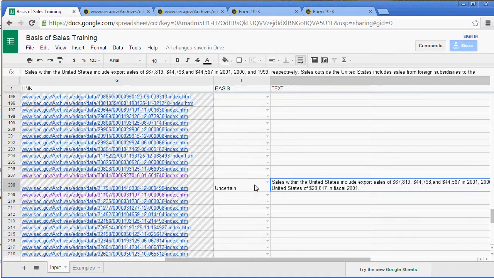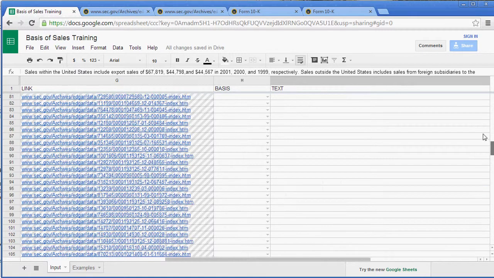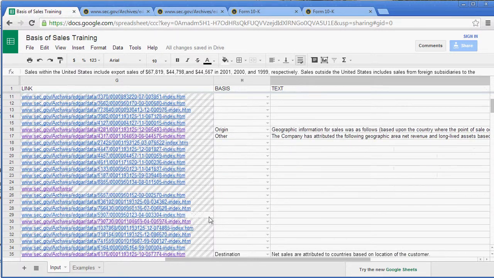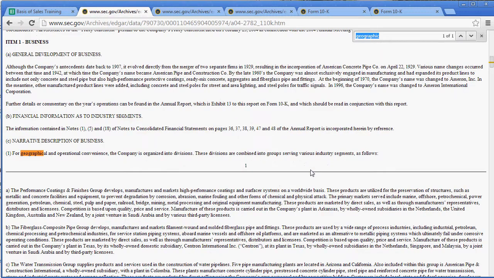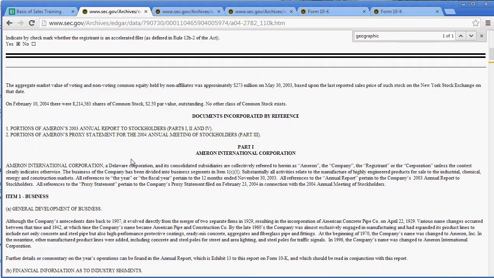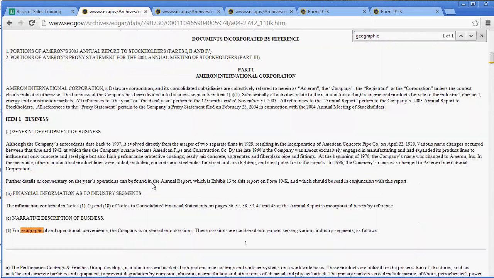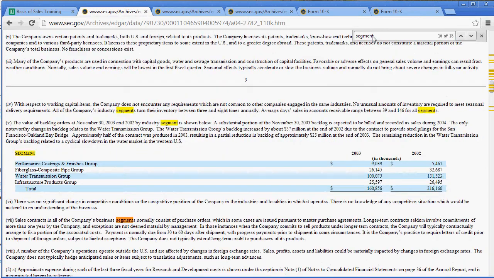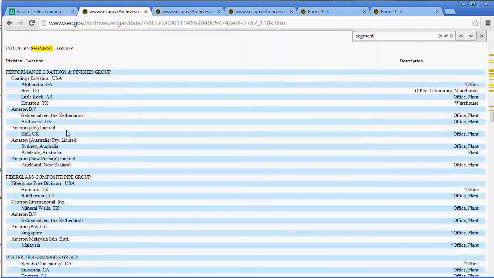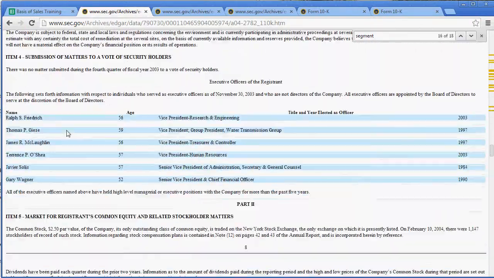Okay, let's try one more. Let's scroll back up here to the top and we'll do row number 30. And here I'll see the 10K and I'll click on it. I'll do a Control F, geographic, and I notice that I only get one hit. And this does not appear to be in the footnotes to the financial statements. I could also try segments, and I notice that I get 18 hits. But if I scroll down through these, none of these hits seem to actually be part of the financial statement footnotes. In fact, if I really look carefully here, I'll notice that the financial statements don't appear in this part